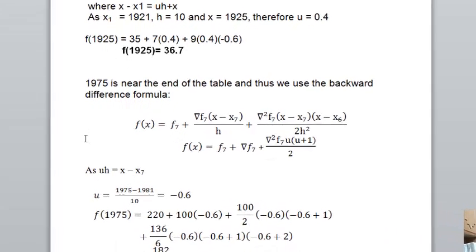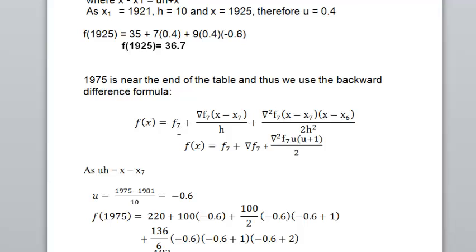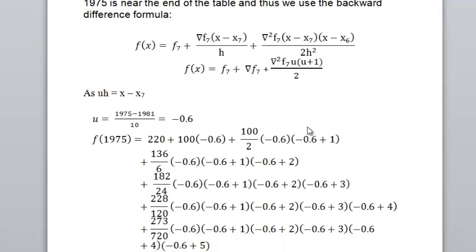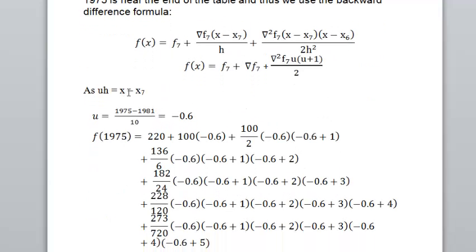So by the backward difference formula, we get f(x) = f7 + ∇f7 (x - x7)/h + ∇²f7 (x - x7)(x - x6)/2h², and so on,